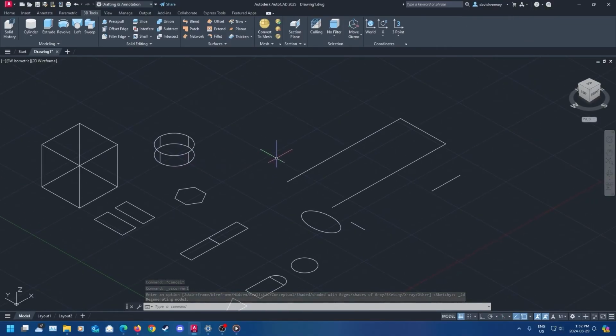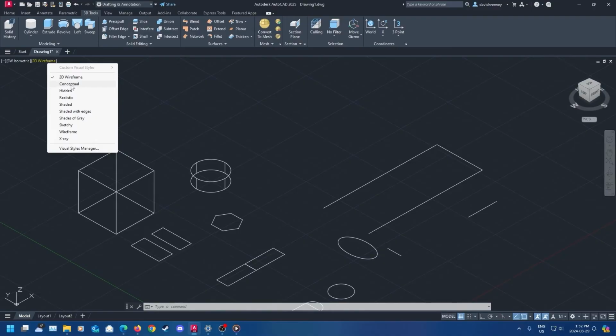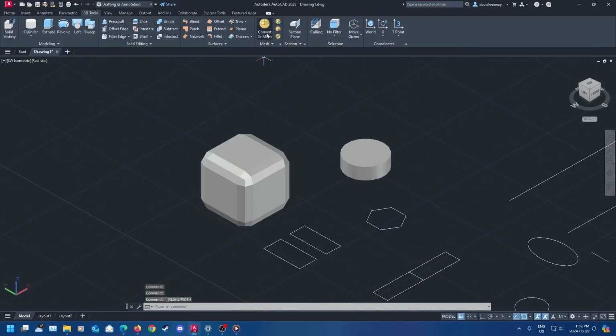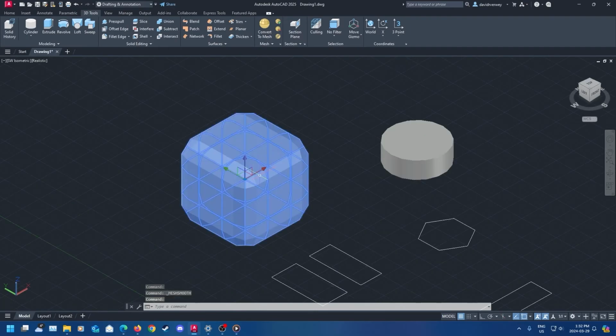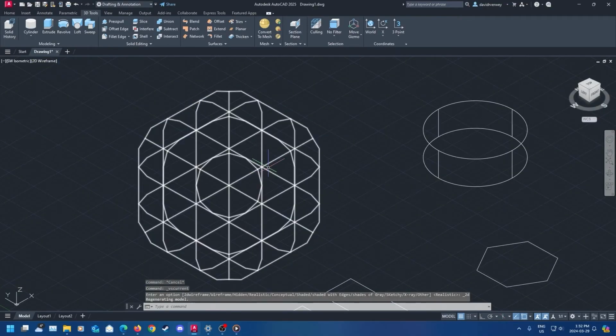The next thing we're going to talk about is meshes. So you're going to come up here and you're going to see there is a thing called convert to mesh. So I'm actually going to switch that to realistic, and then I'm going to select my object and click convert to mesh. And you're going to see that my cube has now turned into a mesh. So you're going to see you can go in and edit the different types of panels on the mesh on it,